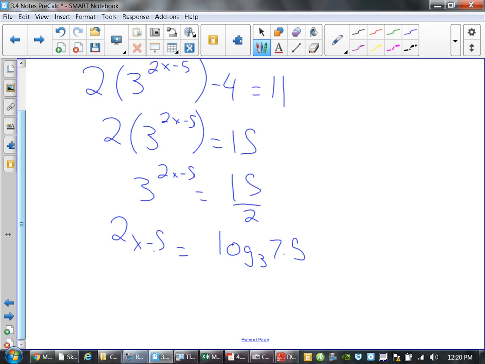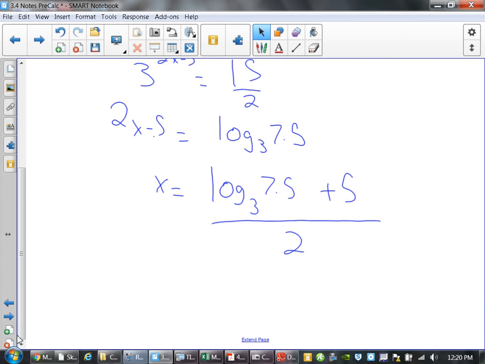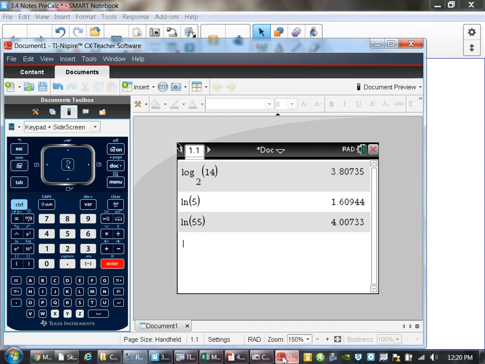Now, everybody agrees you're going to have to add 5 and divide by 2, right? At this point, what you have to do is type that in your calculator first. So x is going to wind up equaling log base 3 of 7.5 plus 5, divided by 2. So we have log base 3